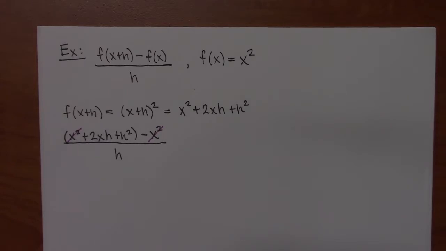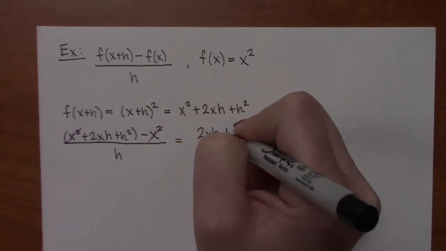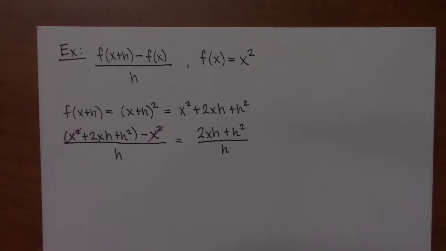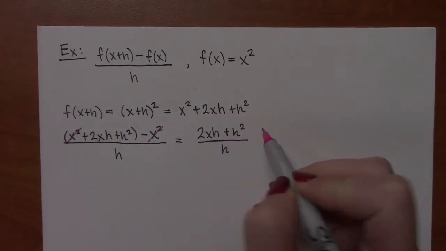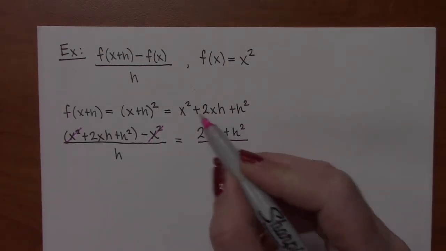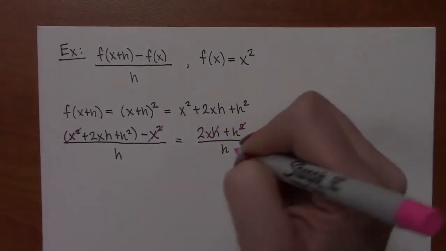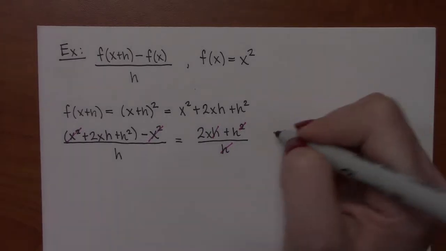So x squared canceled x squared, so now all I'm left with up top is 2xh plus h squared over h. Well, you can see every single term in the numerator has an h in it. So that means I can cancel an h out of the top and cancel the h out of the bottom. So when you're canceling, it has to come out of every single term. Another way you could do this is you could say, well, I'll factor the h out front and then cancel it. But we can say, well, one h goes away, and that h goes away. So since I had an h squared, I still have one h left on that last term. So now the result